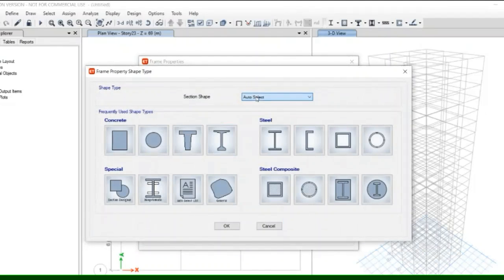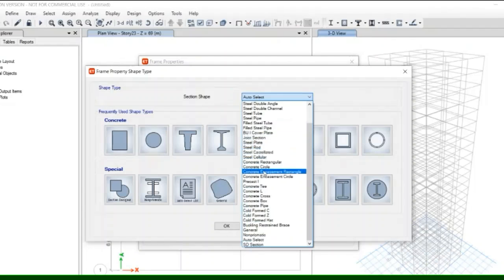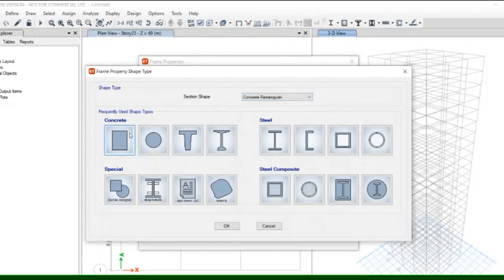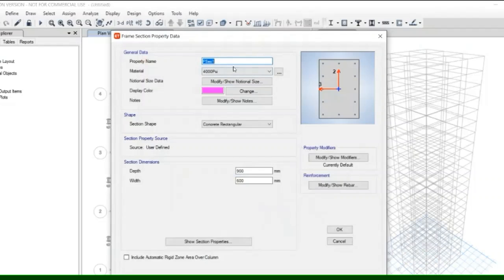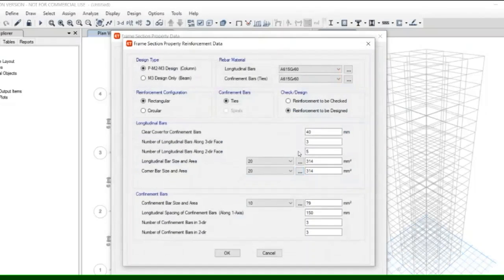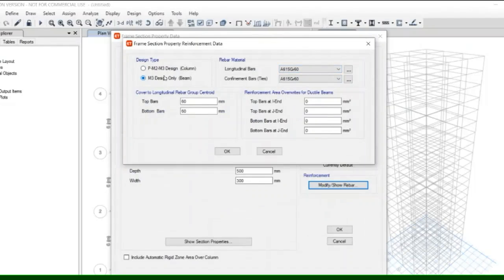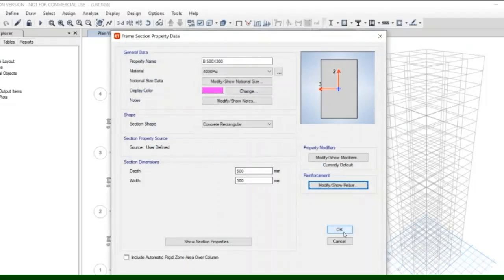Again for the beam, select concrete rectangular, and the beam size given in the question, 500 by 300. Select the material, and give spacing 25 mm for the beam. OK.